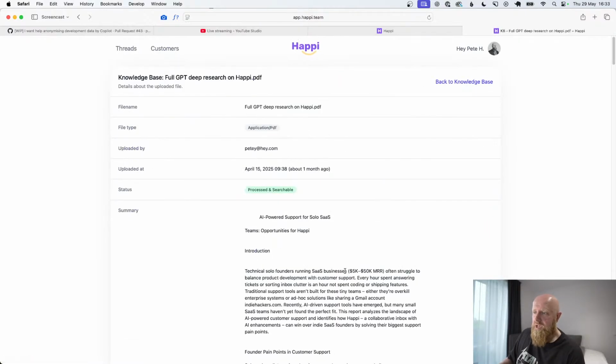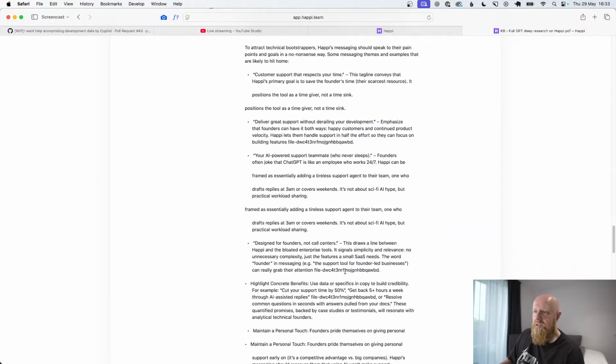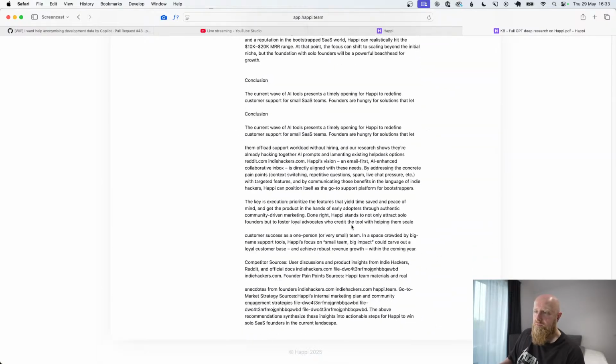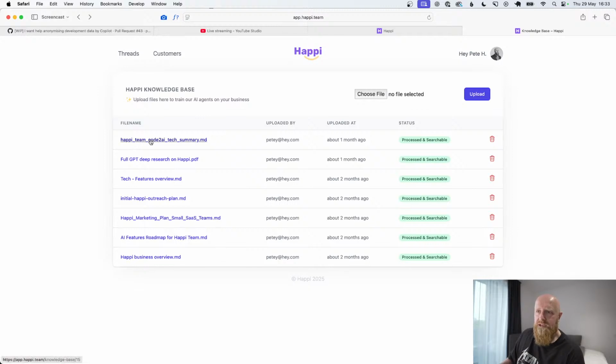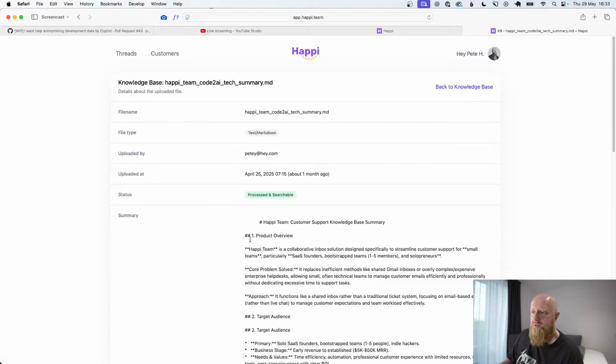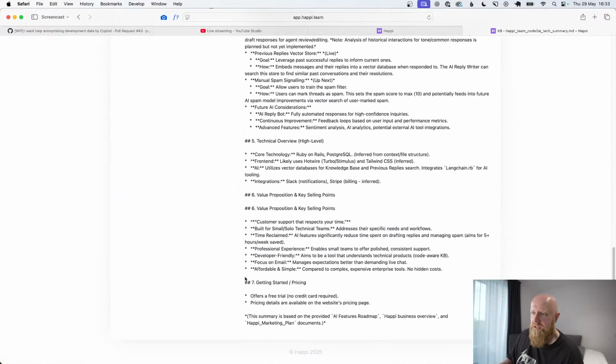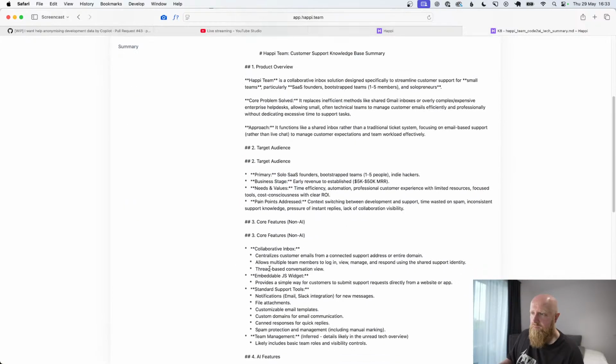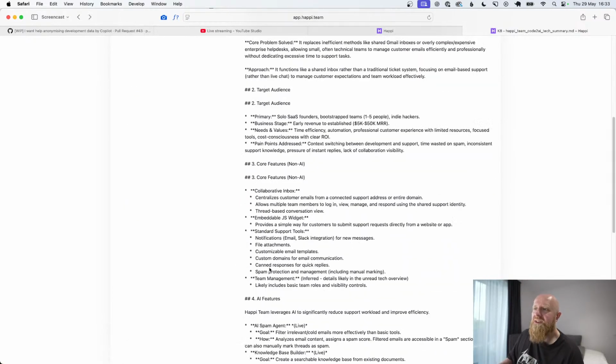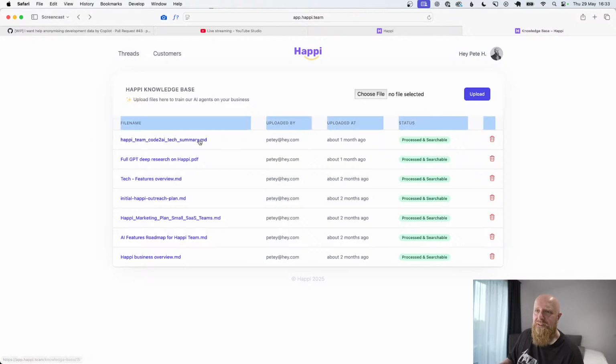Full deep research on Happi. There's a bunch of stuff in here where it's gone deep on it. And code to AI tech summary is where I've taken the code base from a technical point of view, compressed it all down and put it into a markdown summary. So it'll go through and it'll list things like, this doesn't seem to be the right file maybe here. I've maybe renamed this wrong, but